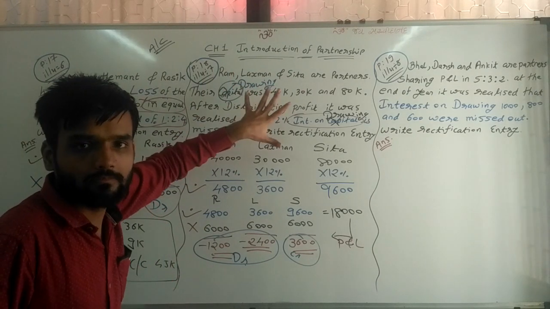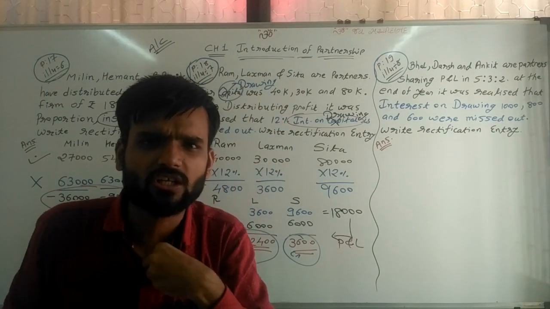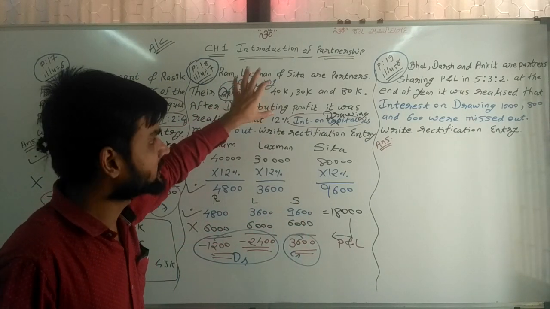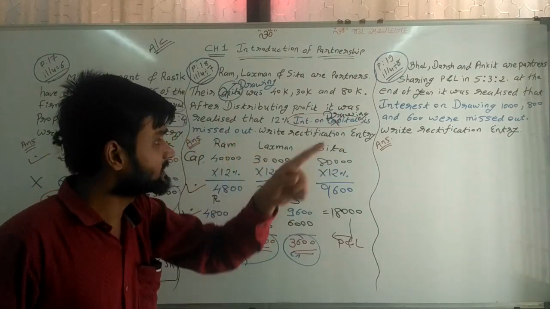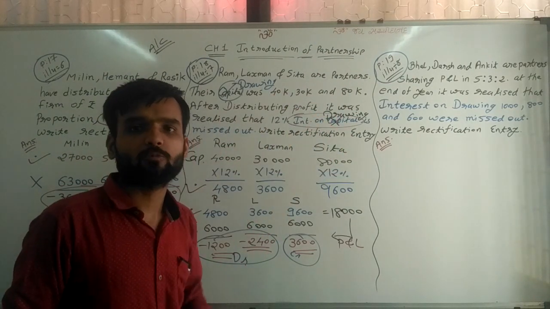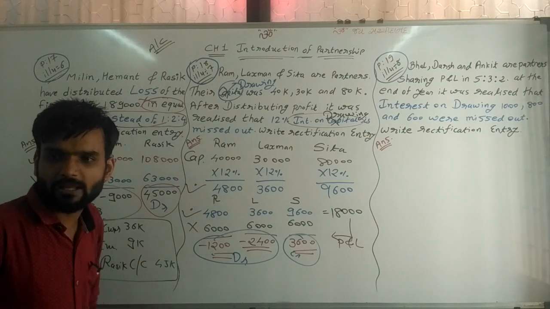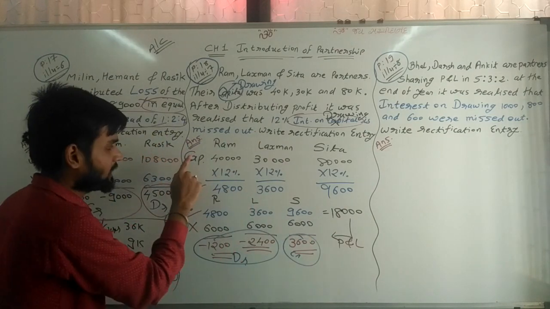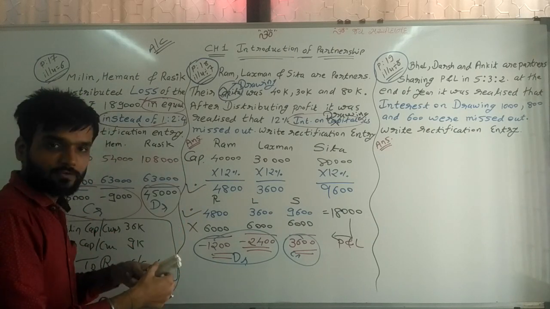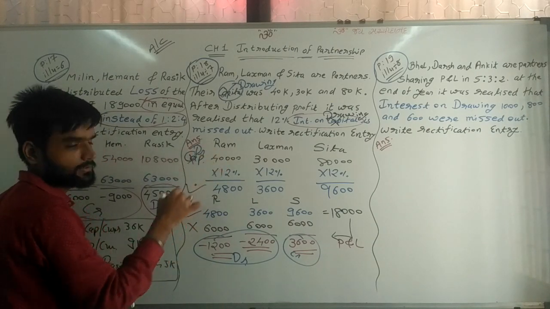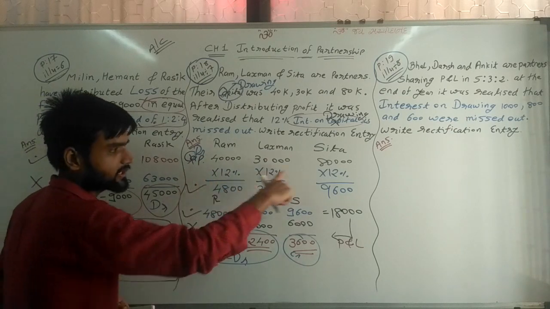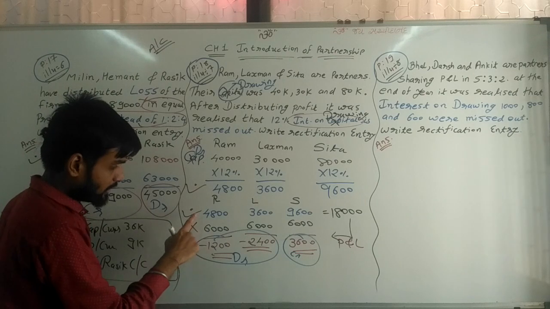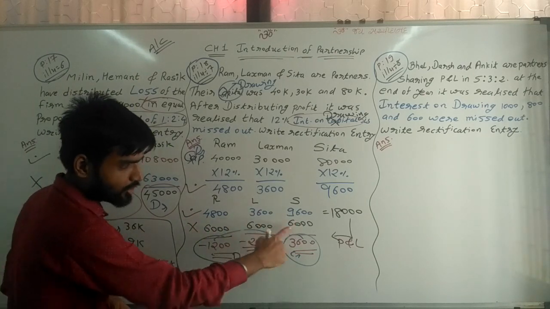The sum remains the same. Only what I am changing here is that instead of capital, I am writing drawing. This is the drawing information and this is the interest on drawing information. The calculation remains the same; there is no difference in the calculation. Instead of capital, it is drawing information. Interest on drawing: the correct interest on drawing is this, and the wrong interest on drawing is written here.